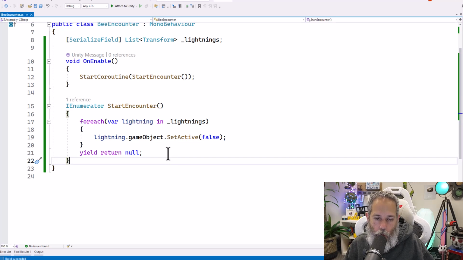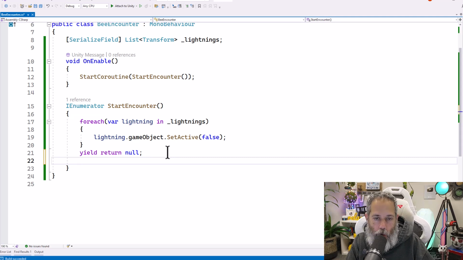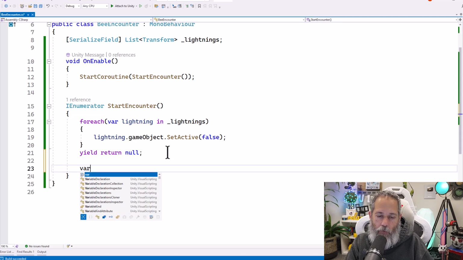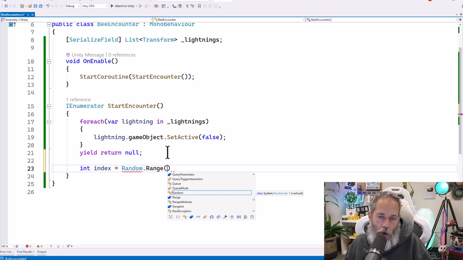Now to turn a random lightning object on, we're just going to at first choose one at random and flip it on. Now to choose one at random, we just pick a random number between 0 and the number of lightning objects inside of our lightning list. So to do that, I'll say var, or let's just call it out as an int. Int is the same length as var. And I'll call this int index equals, and we'll use random.range,